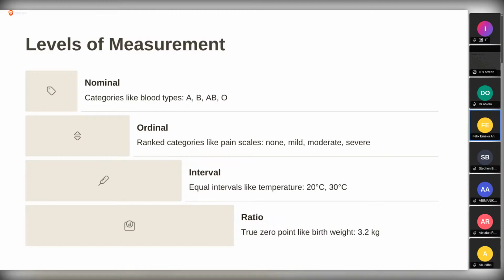All right. Another example of this ordinal is educational level. Either you have no formal education, primary, secondary, tertiary. Anywhere in the world, educational level has order. One is higher than the other. That's why for job vacancies, they will always state it there. Minimum qualification, master's degree, PhD, or whatever.